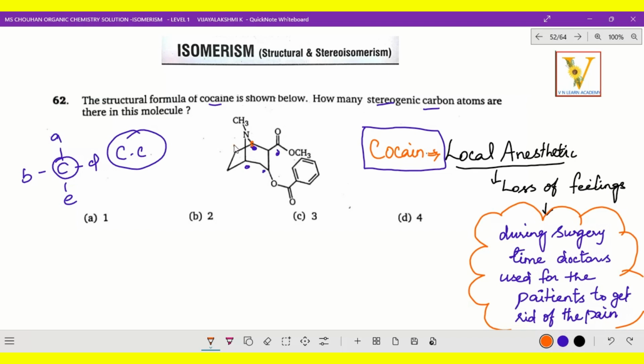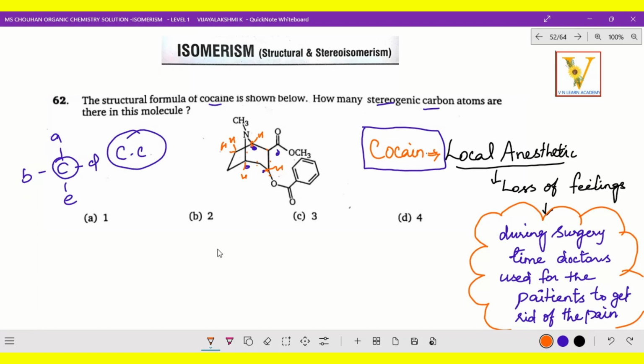In that, here two hydrogens are available, right? And then here one hydrogen is available, right? And then here this is attached with this, and then this carbon which is attached with this. So that means this one is attached to 1, 2, 3 and 4, right? And the same way this carbon is attached with that, here one hydrogen, 1, 2, 3 and 4. Like this carbon, 1, 2, 3 and one hydrogen will be there.